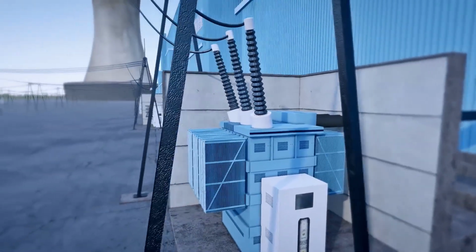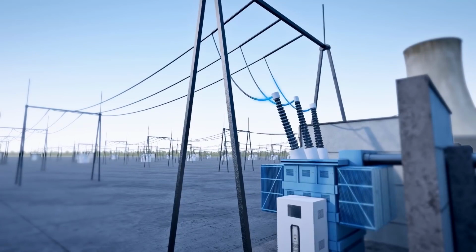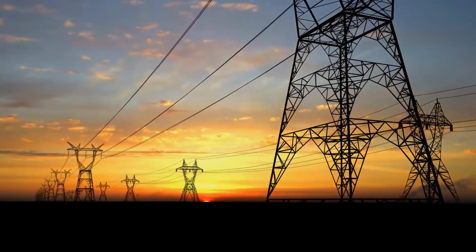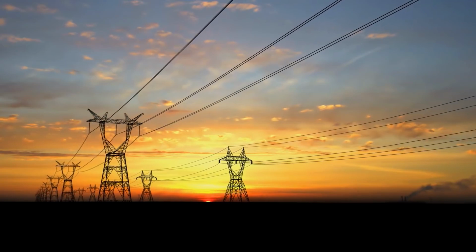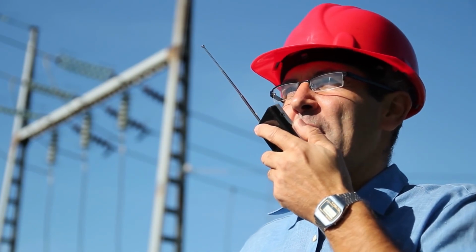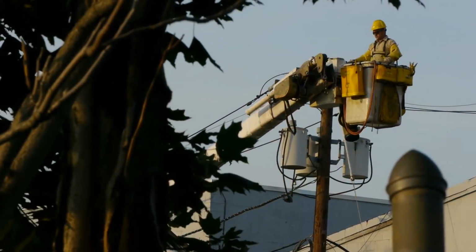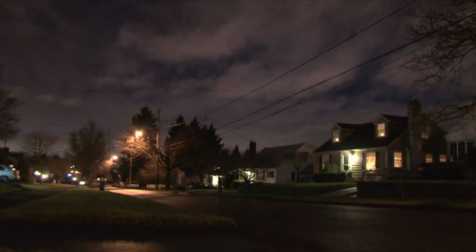When the power leaves the plant, we increase or step up the voltage for transmission purposes to as much as 500,000 volts to help minimize losses from the transmission of power. Our transmission group is responsible for the large transmission lines, towers, and substations that handle the large voltage transfer of power over long distances. Our distribution group interacts with our customers more directly and handles delivery of the power in lower voltages stepped down in substations and delivered to industrial, commercial, and residential customers in various voltages to suit their